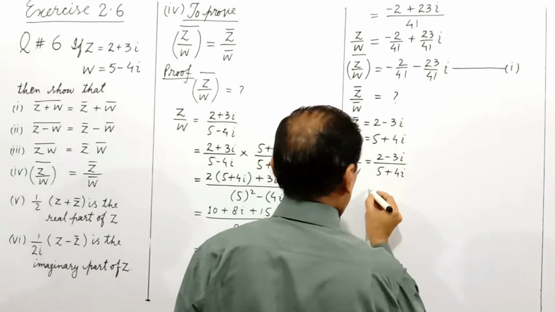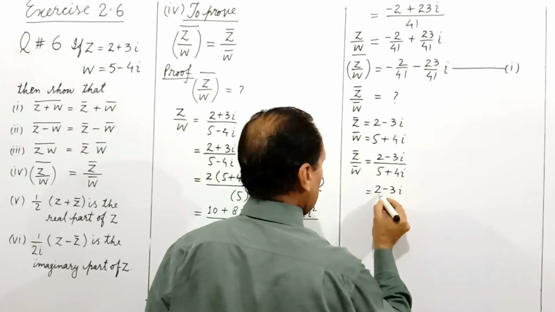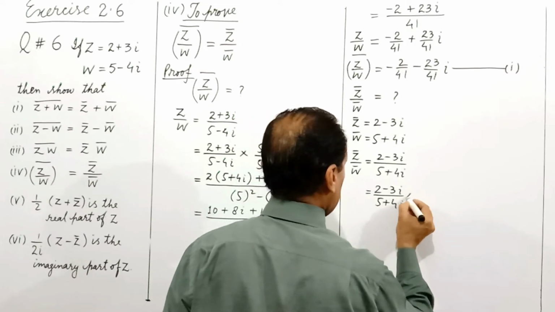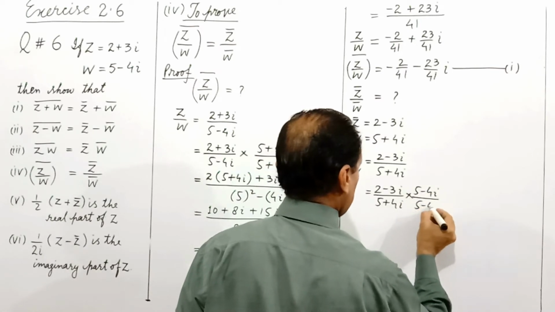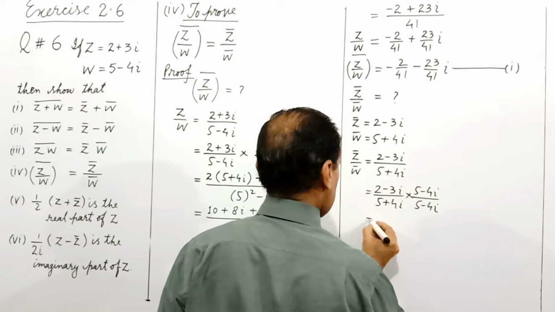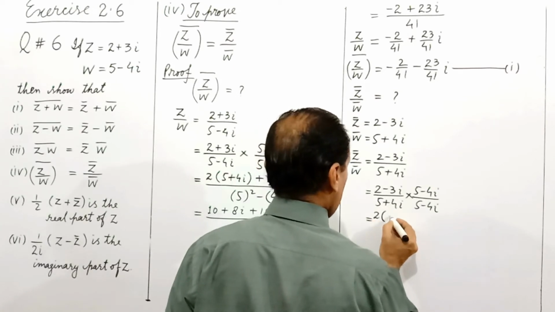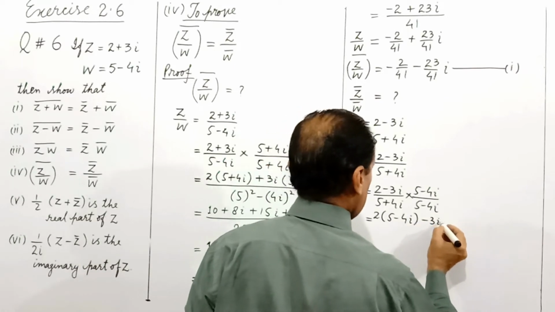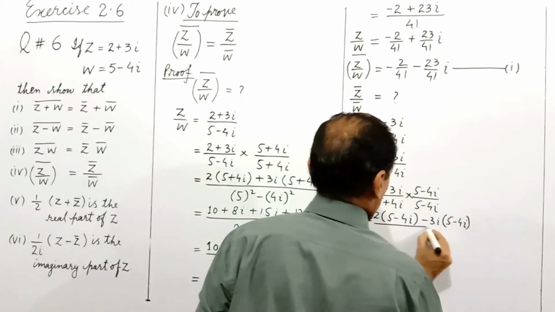We rationalize the denominator by multiplying and dividing by the conjugate: 2 minus 3 iota whole divided by 5 plus 4 iota multiplied by 5 minus 4 iota divided by 5 minus 4 iota is equal to, numerator is multiplied to numerator: 2 multiply 5 minus 4 iota minus 3 iota is multiplied to 5 minus 4 iota, whole divided by